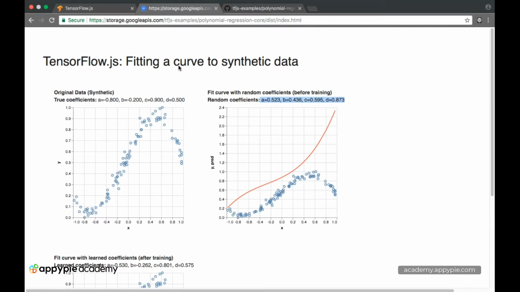Okay, so this is a very important case where AI is actually being employed currently in the world, which is to find patterns between seemingly disconnected data points. Okay, so right now you can tell from your own eyes that a line like this will be existing in this data. But suppose you have a completely random distribution, then it is really hard for you to even tell a corresponding pattern or equation which can follow the majority of those points. And this is a task which AI does very well.